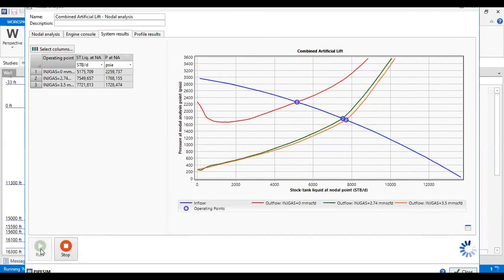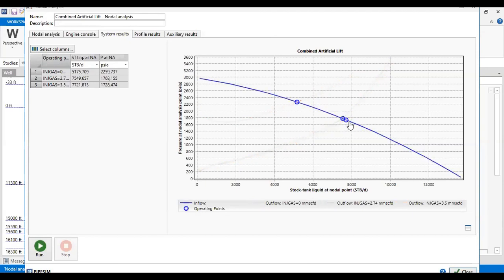All right. So starting from 0 gas lift injection rate, it means we don't have gas lift. We can still flow because we still have ESP, but now the flow rate is significantly decreased. And here, if we have gas lift injection rate of 2.74, the green one, and if we increase to 3.5, we don't change it significantly.